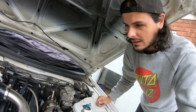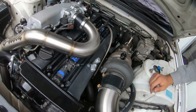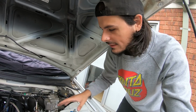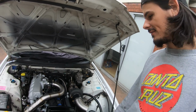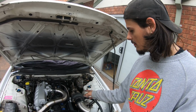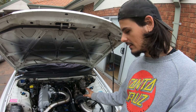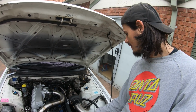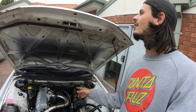What else do I have to do? Put the oil catch can on, bolt down the turbo after I do the heat wrap on the exhaust manifold. I also have to heat wrap the dump pipe because I don't want more hot air going around all the wiring and around the intake stuff. So make sure everything is done properly. At this point, everything is pretty much done. I just have to do the heat wrap to the exhaust manifold and the dump pipe, bolt down the turbo after, and heat wrap everything. Make sure everything is nice, with no loose bolts, loose nuts, or loose wiring, make sure everything's a-okay. Chuck in all the coolant, chuck in all the oil, and finally chuck in some fresh E85 and